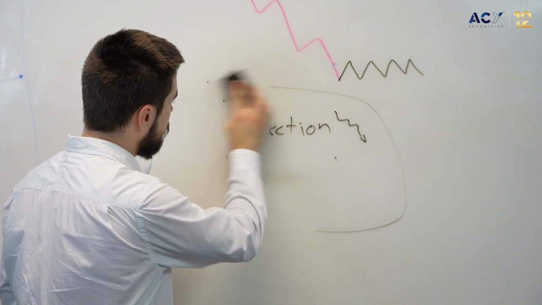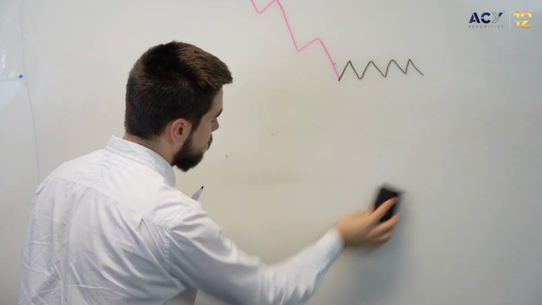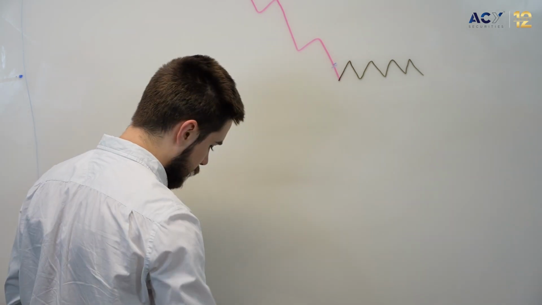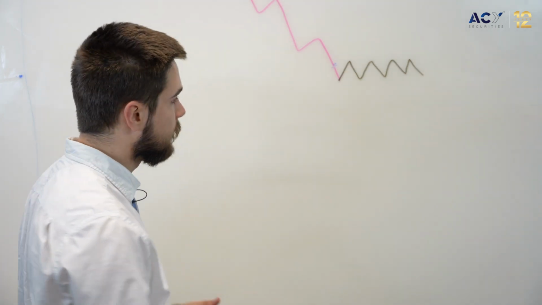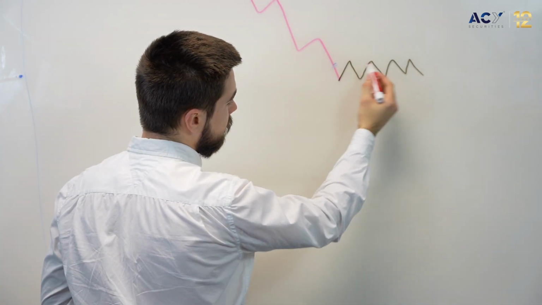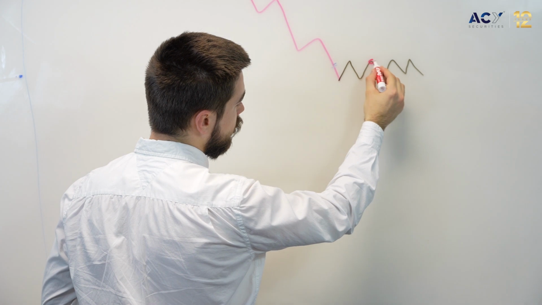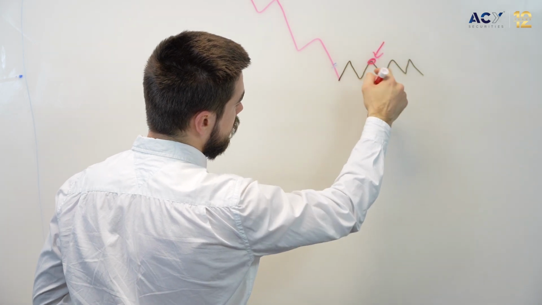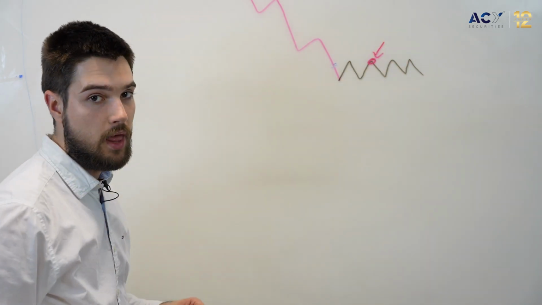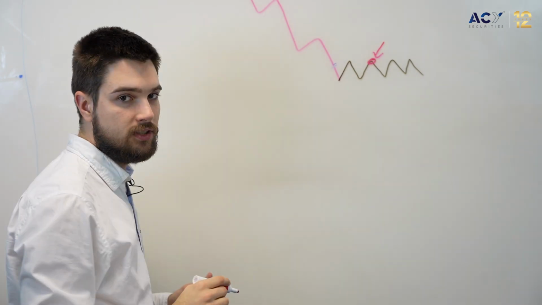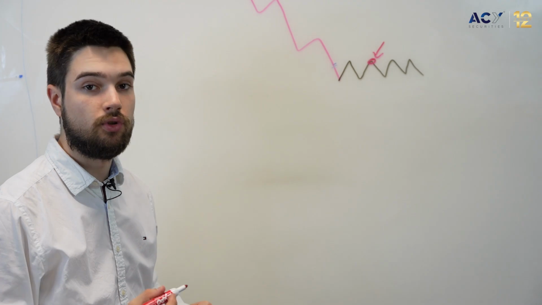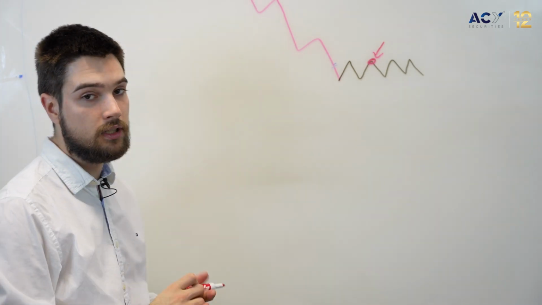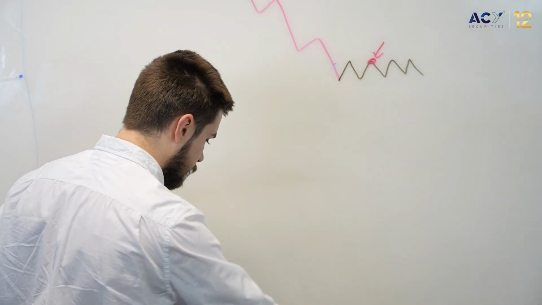But anyways, coming back, where would I enter if I know that I want to short this market? Well, my first position on the short would be at the top, right? So let's say I have one short position here, right? So my first short position would be there. My second short position, if I want to divide it into 3 entries, 0.33% each entry, remembering that we are using only